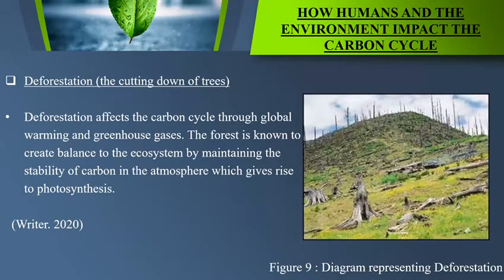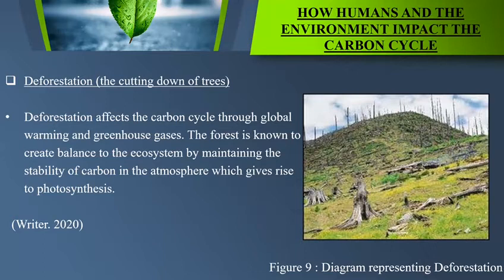I'll be looking at how humans and their environment impact the carbon cycle. From what you learned from my colleagues before, we identified the fact that the carbon cycle is controlled by many different organisms, and at different stages, both animals and plants are involved. Now, as humans, due to their activity, they can directly affect these organisms that are involved in